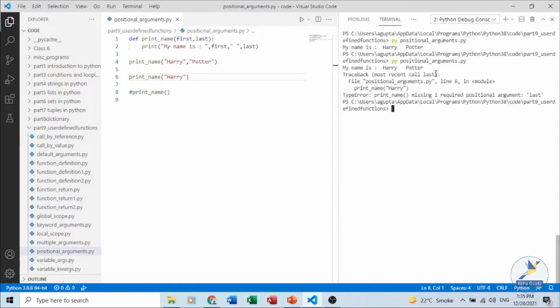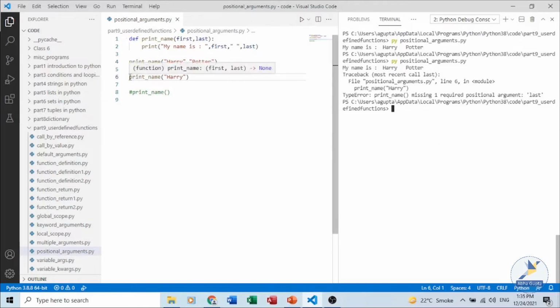For the first call to the print name function, it is printing my name is Harry Potter, and for the second call it is giving me missing one required positional argument for last, that is, one argument is missing.